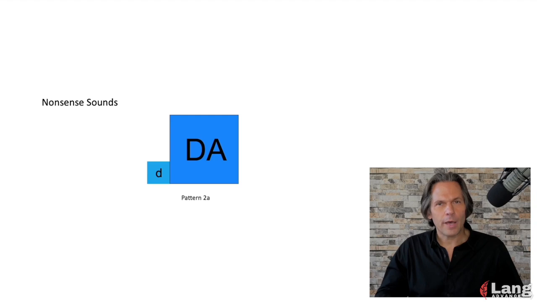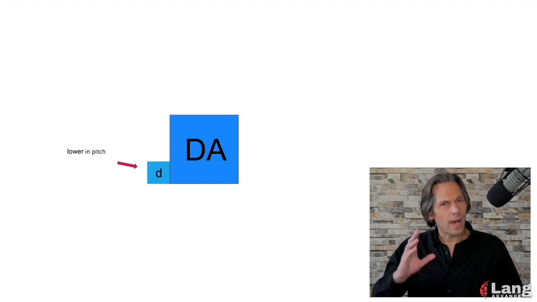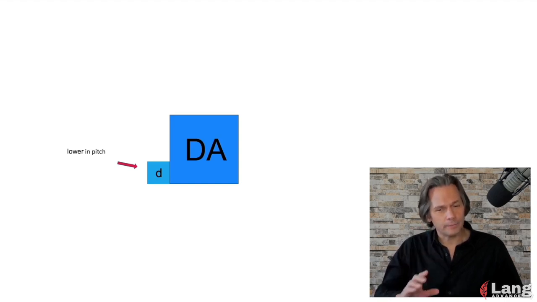But let's talk a bit about the first syllable, the one that right now we're just using the short sound d to represent. How would we describe this syllable? Let's talk about this syllable in relation to the stressed syllable. Well, the first thing we notice is it's lower in pitch. Da-da.